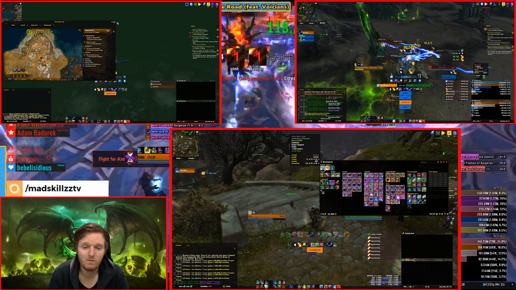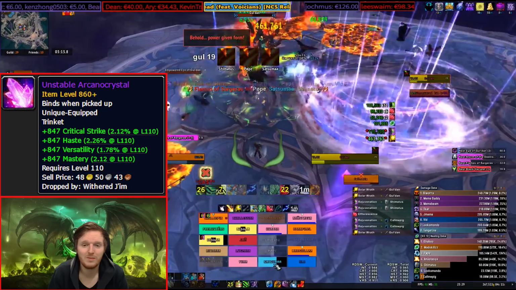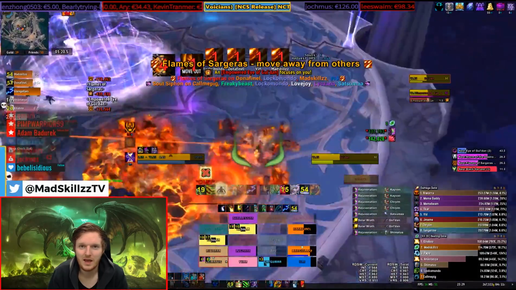It can actually overcome the legendary trinket for most of the classes as well. So Arcanocrystal is one of the best things you can get. And then maybe if you're decently lucky, you can get something like a stat stick, a nice int haste, int